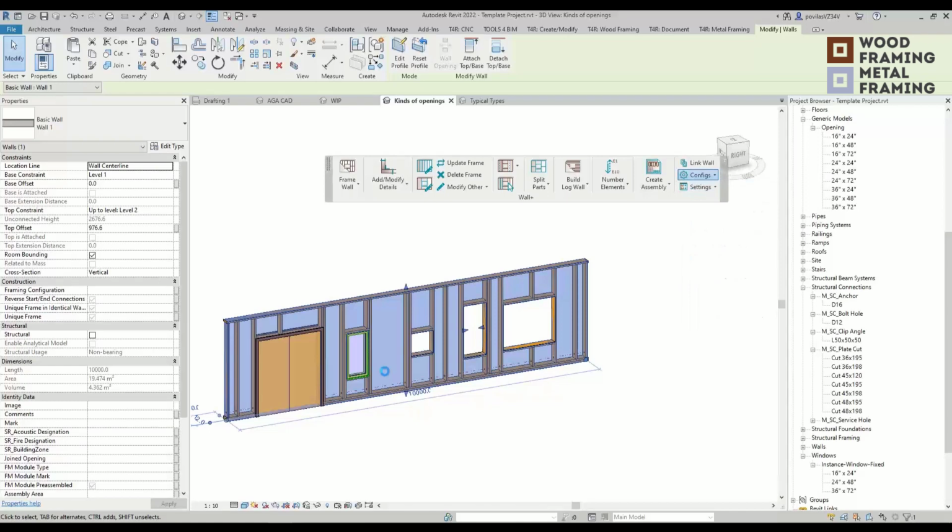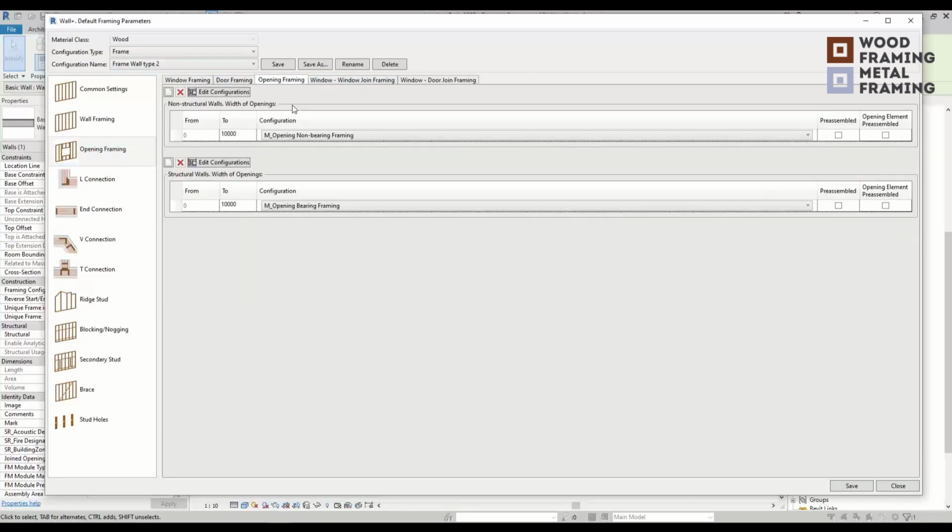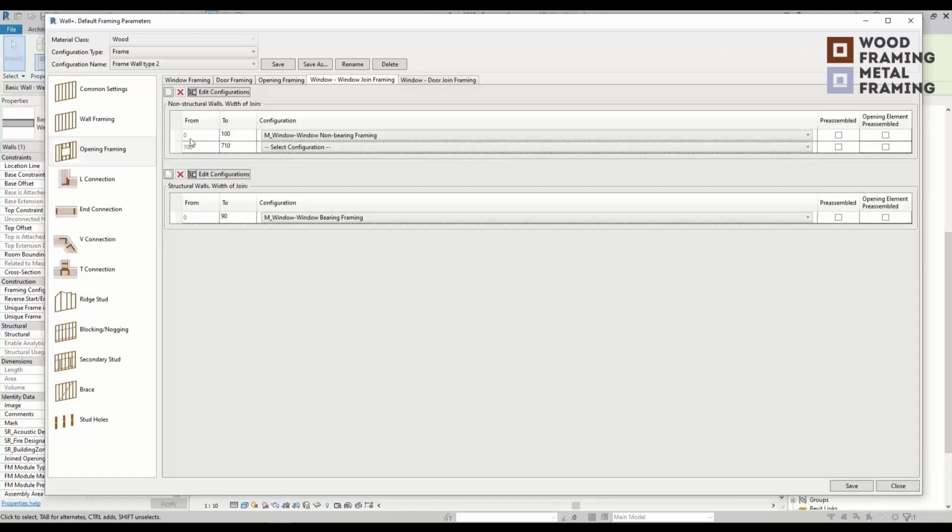If we go into configurations and navigate to opening framing, we can see we have different categories. So we have windows, doors, opening families, so generic model opening family that is phase-based. You can create configurations for those. You can also set up how window-to-window joints will be framed and window-to-door joints will be framed. And those two are based on the width of joints. So if the gap between two windows is 100 millimeters, you set 0 to 100 to use this configuration, and 100 to, let's say, 200 gaps, we'll use a